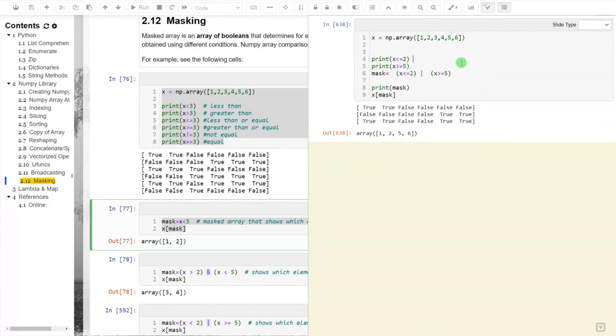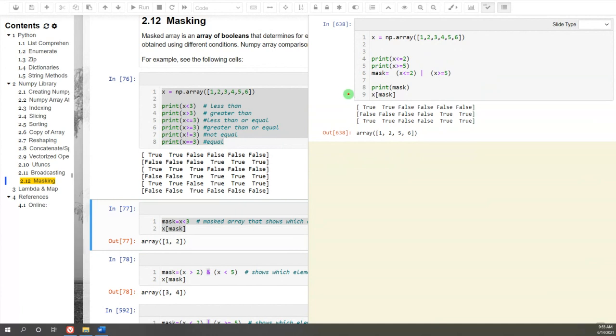Again we can do the same analysis. What is the meaning of or? One of them should be true. So here you have true, here you have true, here you have true, here you have true. No true, the final one is false. And here you have a true, here you have a true. So you see 1, 2, 5, 6. So this is the or. Now you can use the combination of or and and compounding